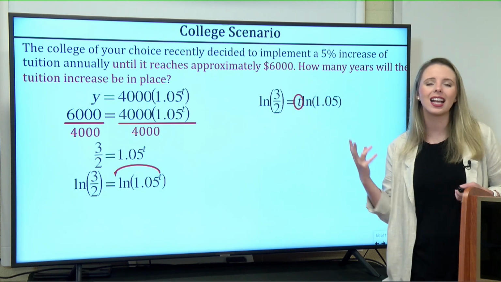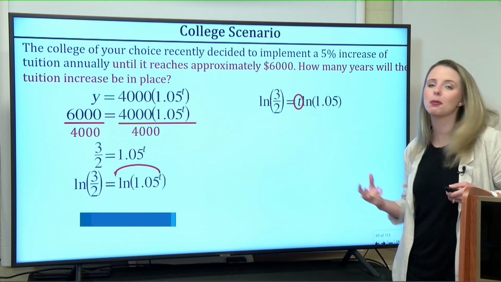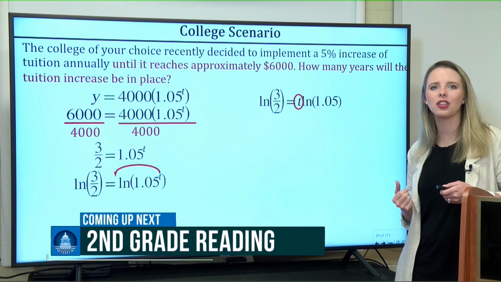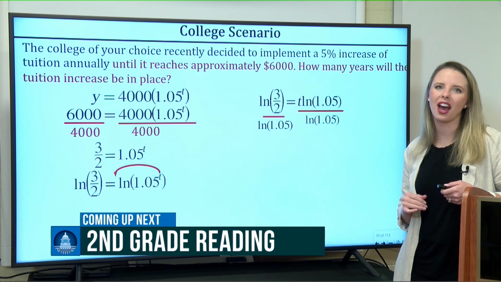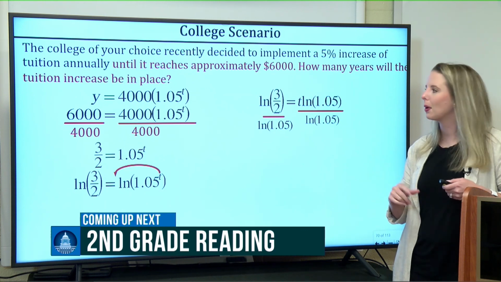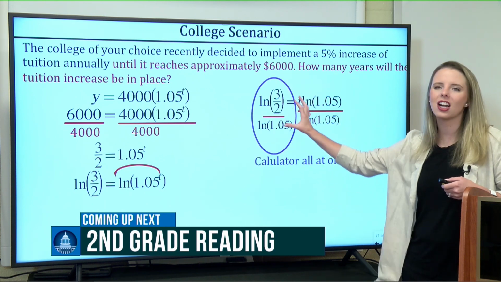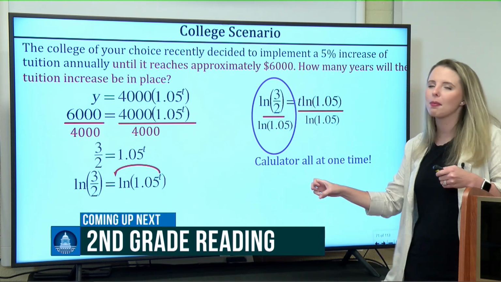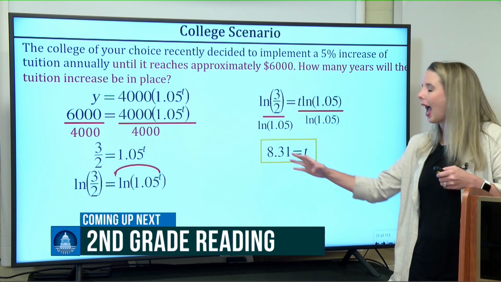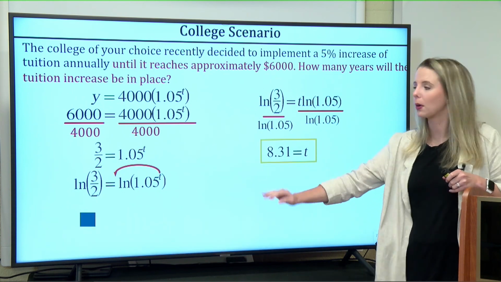Remember, our goal is to isolate our variable. We need to get t by itself. So how are we going to do that? We're going to divide both sides by ln of 1.05. Now, remember, we want to put all of this in our calculator at one time to avoid round-off error. So when you type all that in, it's going to equal 8.31 and some other numbers, but we rounded it